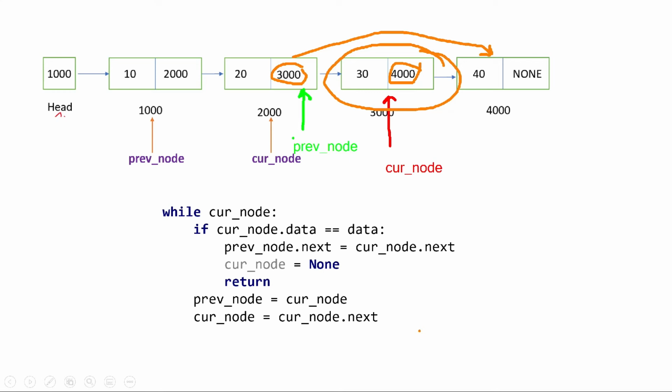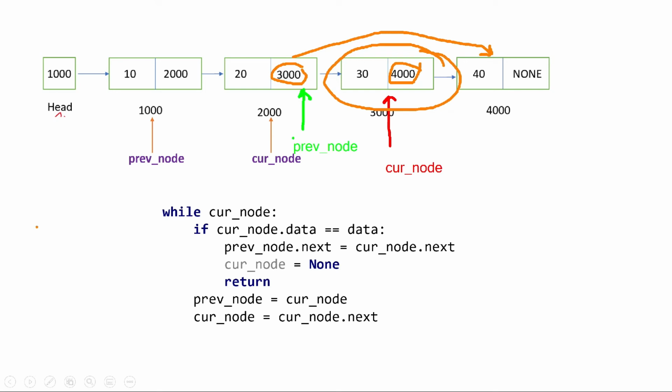But always in a linked list, there are some corner cases you should think about. What if head is none? Okay, so firstly, if head is none, check if this code will work. Current node would be your self dot head, and head is none. So this loop eventually will not run. So that is fine. Head is none, it will not find this element, so it is not going to delete anything.